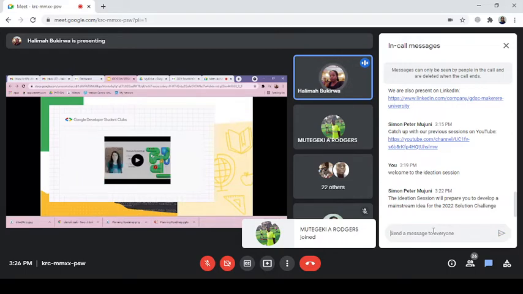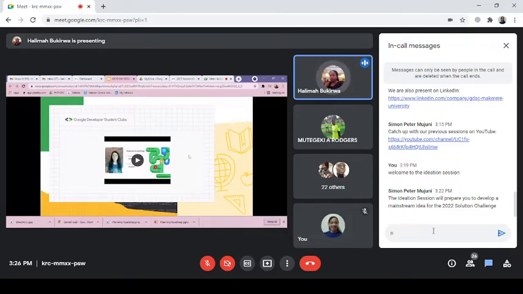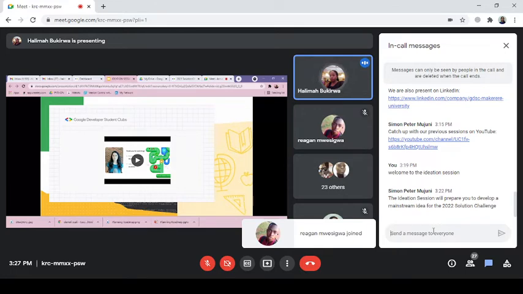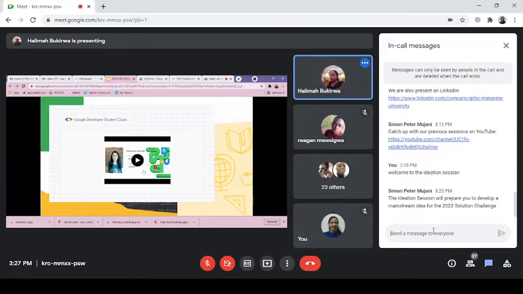So those were the top 3 teams. They usually have the top 10, and those top 10 are able to win swag together with all the other prizes. And then from the top 10, they pick the top 3. So the top 3 get a Google Chromebook. They get a meet and greet. They have an opportunity to have a meet and greet with a Google executive together with all the other prizes that are given to them.